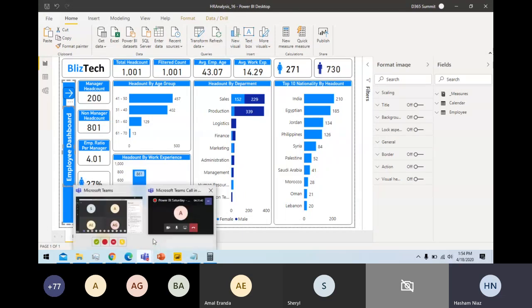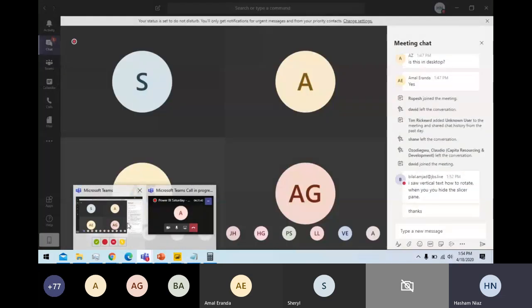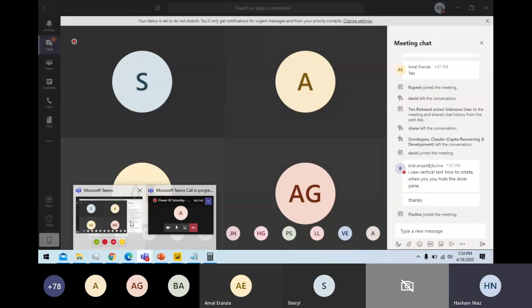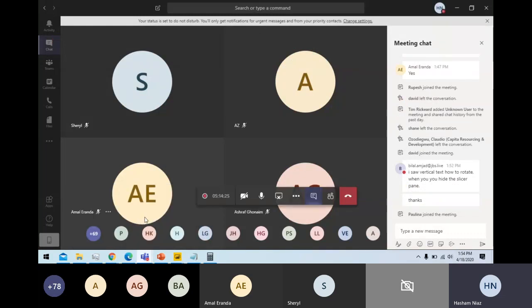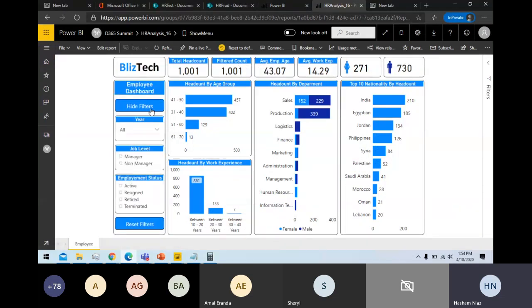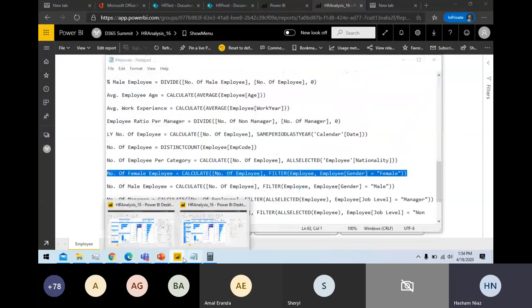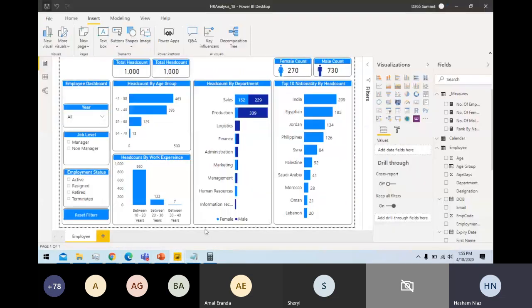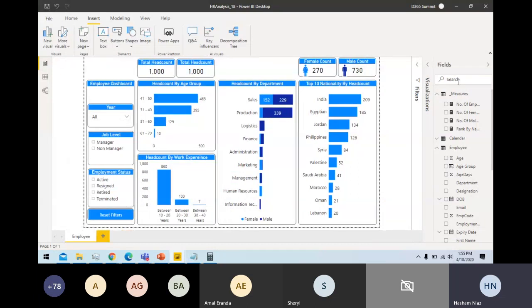So with this, now we are at only 5 minutes. What else do you want me to do? We can actually publish this one here. You can publish this to the web, and then within the web you can do all the things here. So what we did, we created a very simple dashboard within less than 45 minutes.